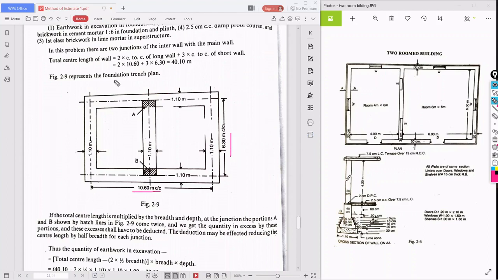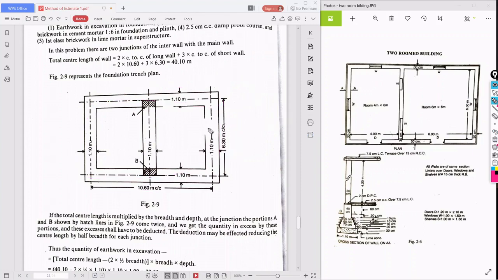What we can do here is 10.60 plus 6.30 plus 10.60 plus 6.30. Now the full outer walls are covered. Another cross wall is there, that also we should add, that is 6.30.